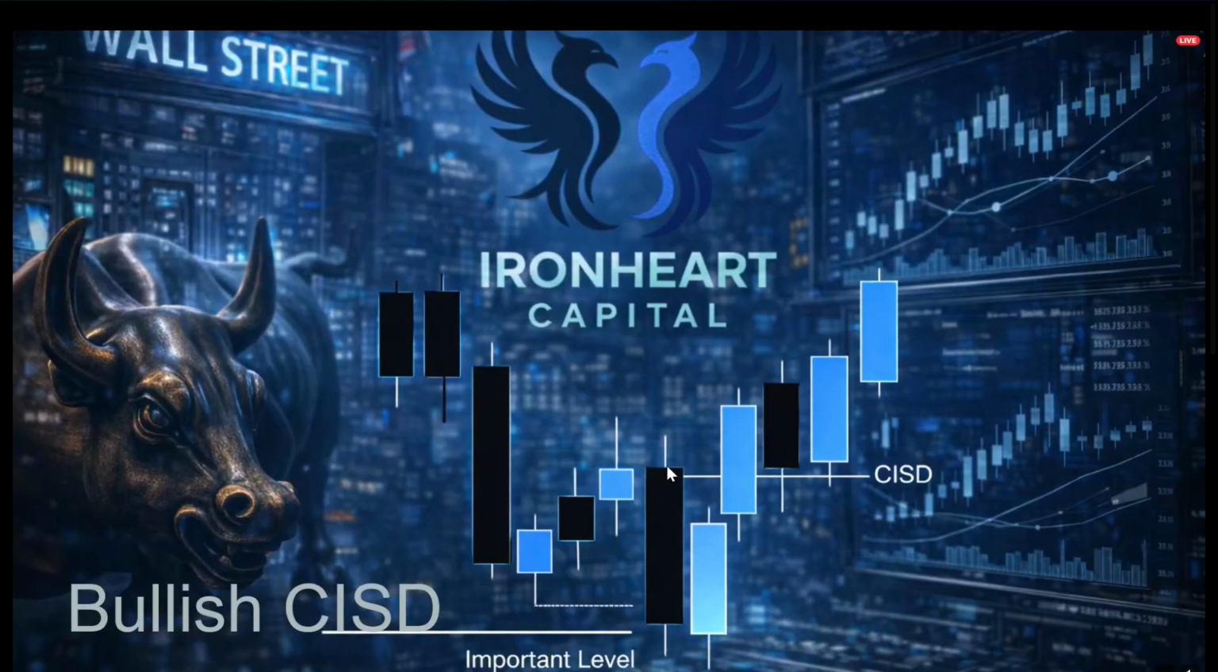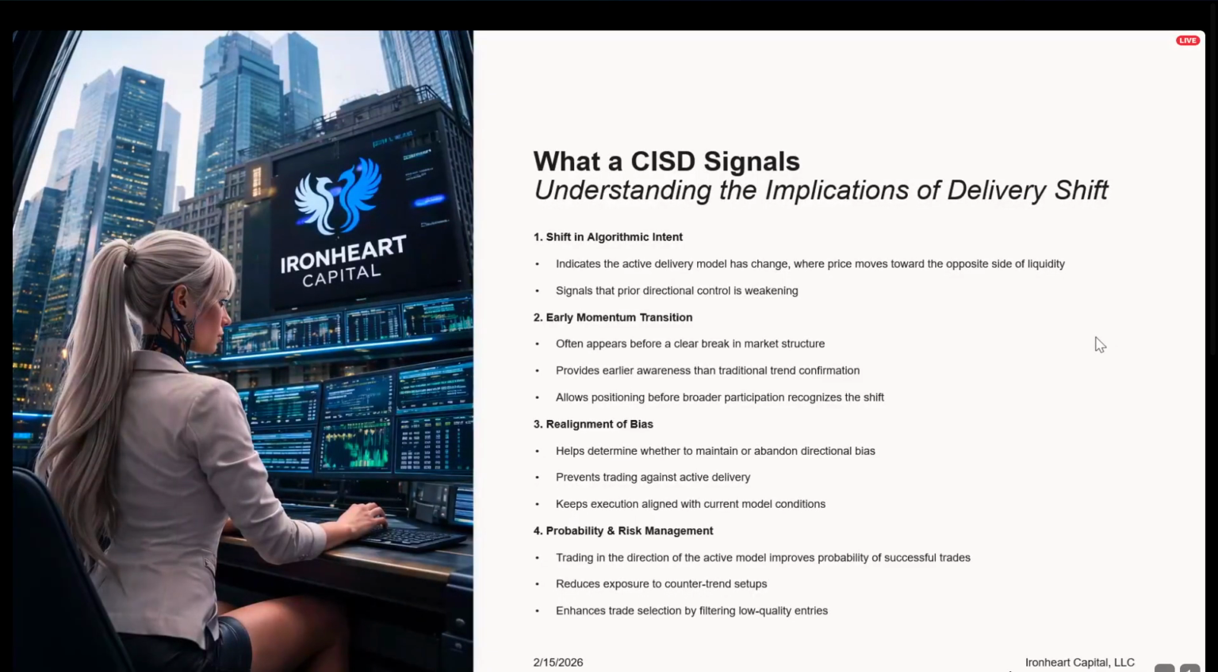This level over the open of this candle, close over, retest that change in state of delivery area, and continue higher. Sell side of the curve. Major liquidity sweep. Buy side of the curve. Simple as that. So,